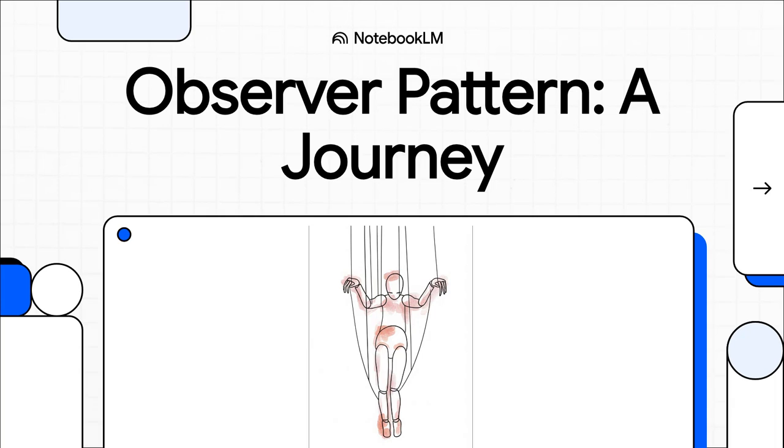Let's be real for a second. Have you ever built something that worked perfectly for like 10 users, only to watch it completely fall apart when you hit 1,000? It's a classic story in software, right? A journey from this simple, beautiful idea into a complex, tangled mess. Well, today we're diving right into one of those stories, and honestly, the elegant solution that brought some much needed order back to the chaos.